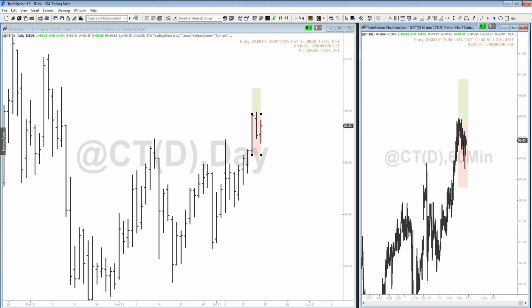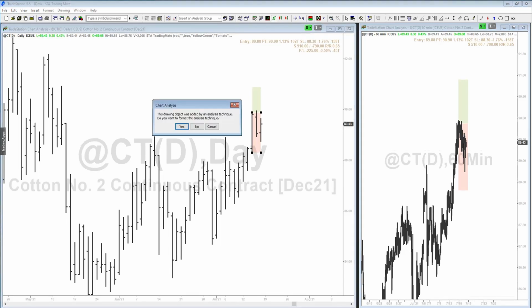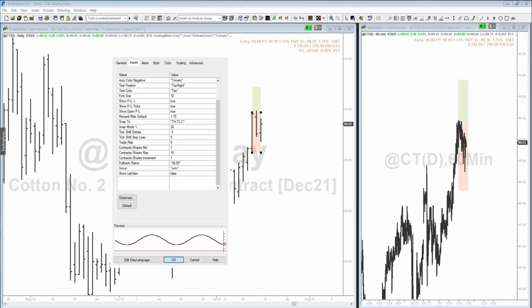And the controlling parameter for the synchronization of the setups is the group, and the group is an input in our indicator settings, and when it's set to auto, it means it's simply the symbol. So that would mean cotton in this case. You can specify your own groups, and you can use the placeholder add sim to create your own groups. So you could say add sim daily, and